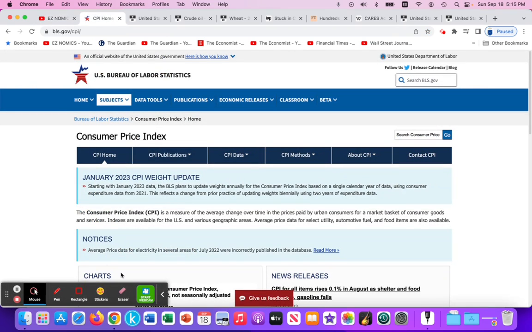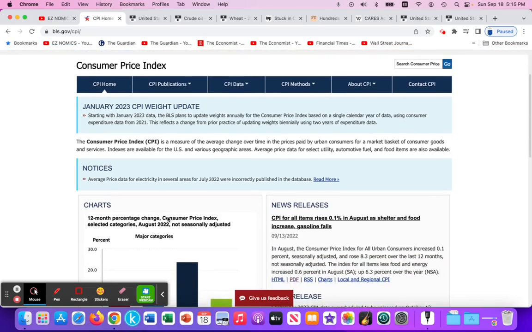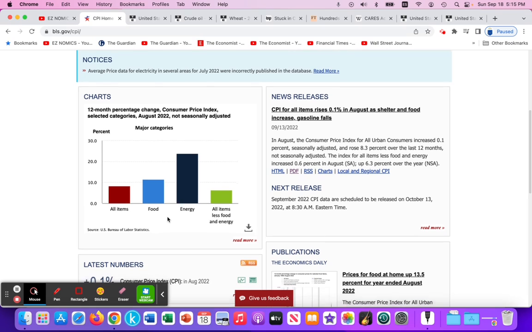If we look at the consumer price index, which is a weighted index that measures prices on average over time, we can see here that food prices have gone up about 11.4%. That is in part due to the Russian-Ukrainian war, restricting cereal grain wheat into the global market, causing scarcity and rising wheat and other cereal grain prices. In addition, the Russian-Ukrainian war has also led to rising energy prices due to the scarcity of natural gas in the European Union and petroleum in global markets, leading to rising energy prices.